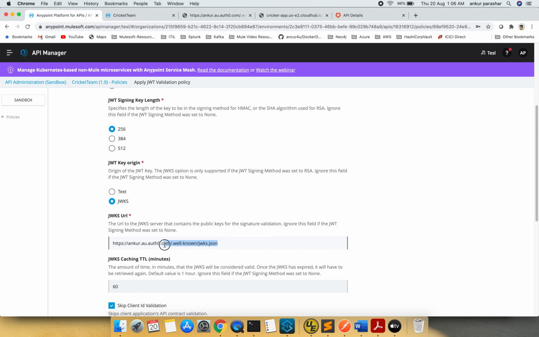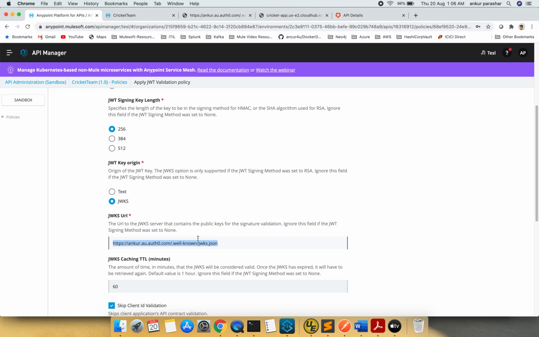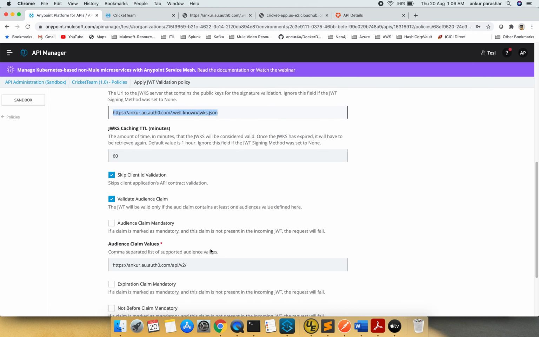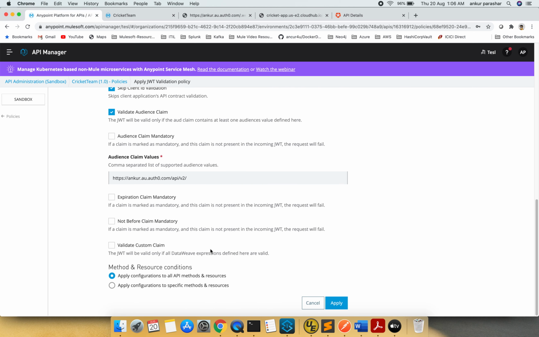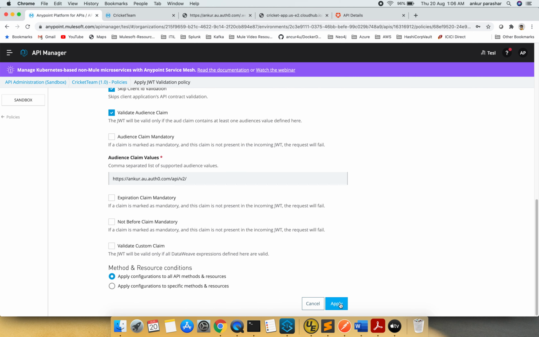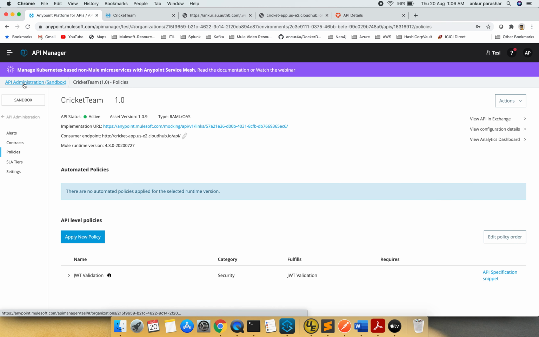We need to add that well-known JWKS JSON location, the path which I have already navigated, like RS256, RSA, and all the other things. You need to mention the same over here, and the audience claim values you have to double check if everything is in sync, and click apply, and we should be good.